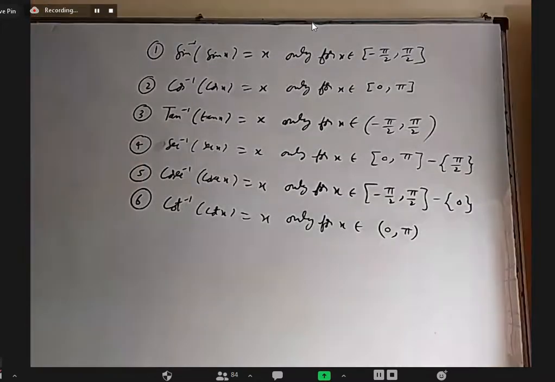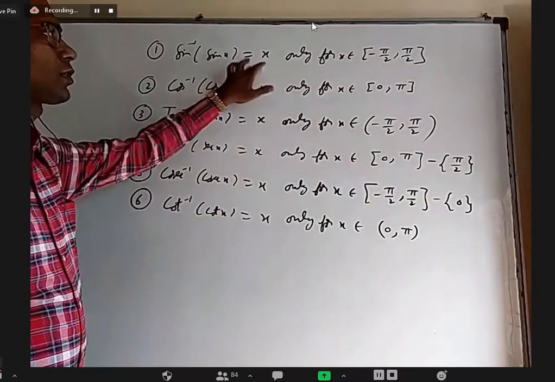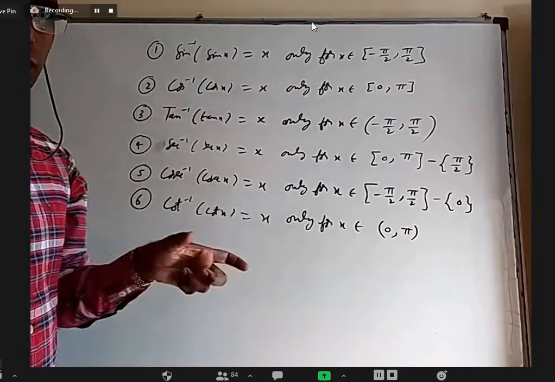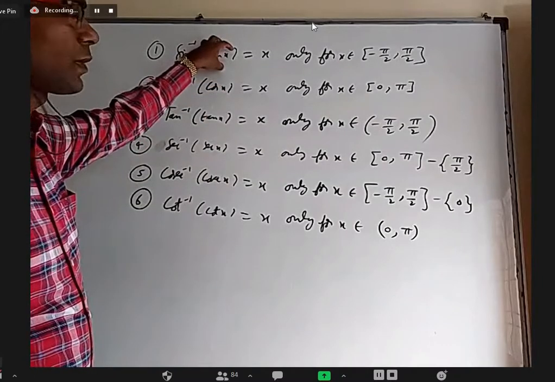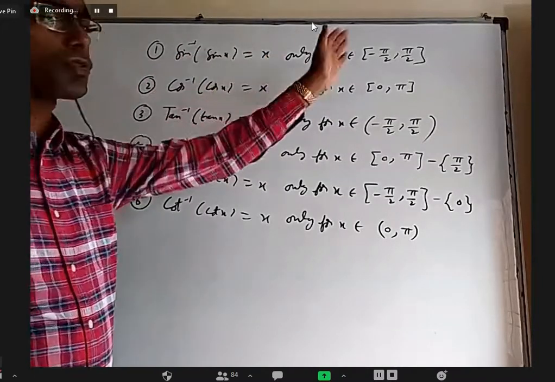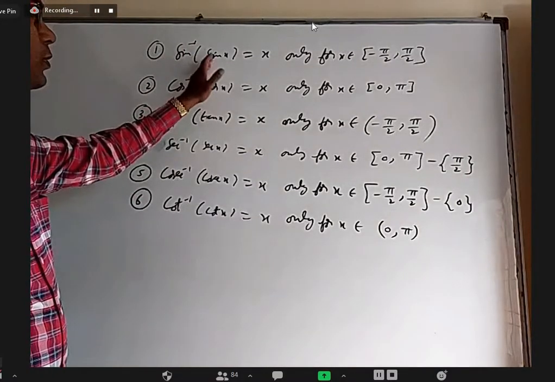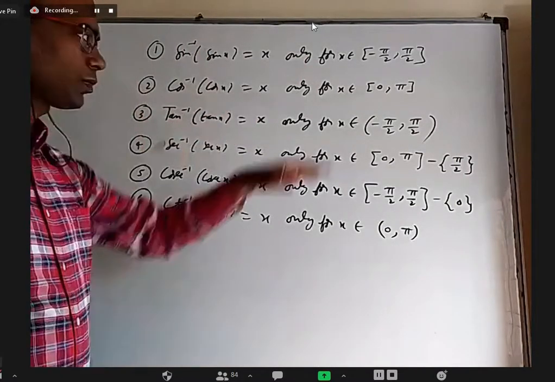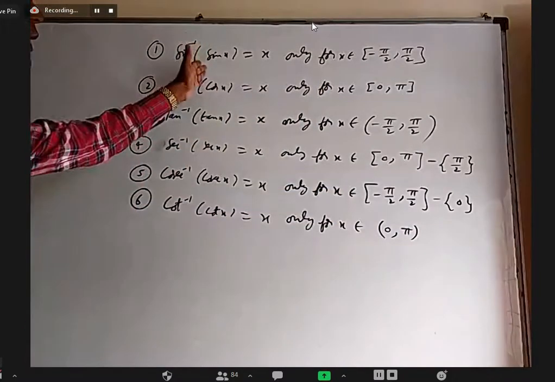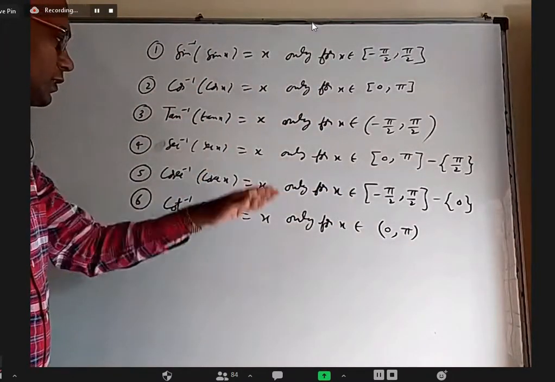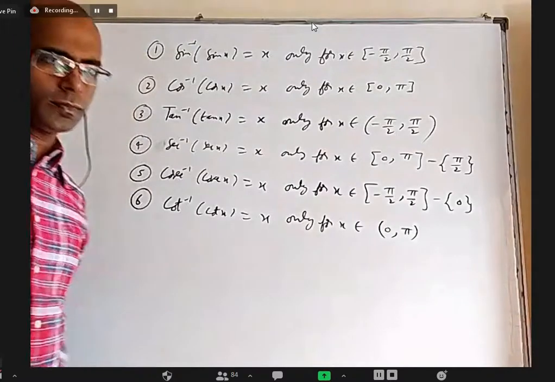Basically, these are principal values. The sin inverse sin x, you can write x only when x is within the principal values. Because sin inverse of something, whatever it is, the answer cannot go outside minus pi by 2 to pi by 2. So we can cancel sin inverse and sin, no problem, provided that x is within the principal values. So basically, we wrote everything principal values for sine, cos, tan, and secant, cosecant, and cot. That's all.